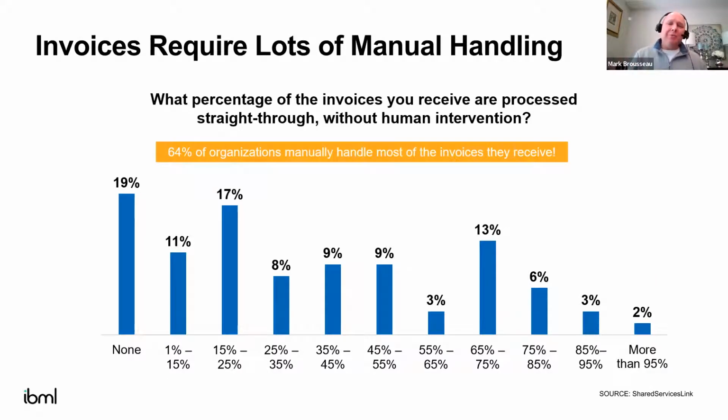And this is startling when we think about what's happened over the past 2 years. Today, most AP departments are receiving most of their invoices via email. Well, in many cases, those PDFs have become the new paper because we don't have the technology to facilitate that straight through processing, that nirvana that we were talking about a moment ago. And so now we have just exacerbated the problem in many cases.